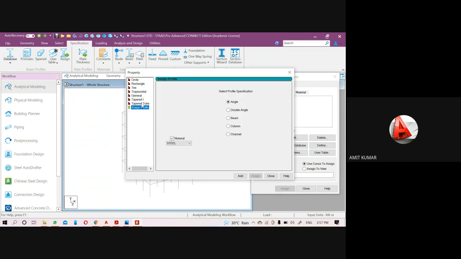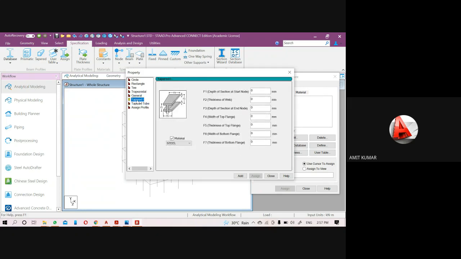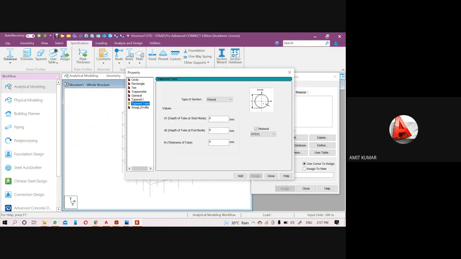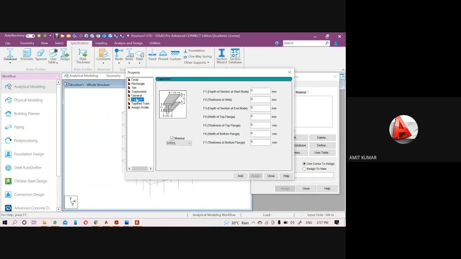If it is a concrete tube, you can provide the values accordingly. Even if it is a steel tube, you know that in steel we have the steel shapes like S shape, W shape, tube, pipe. All these can be defined through this define menu also.